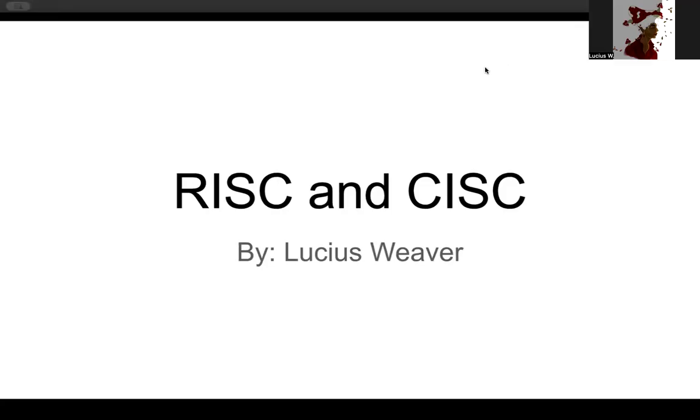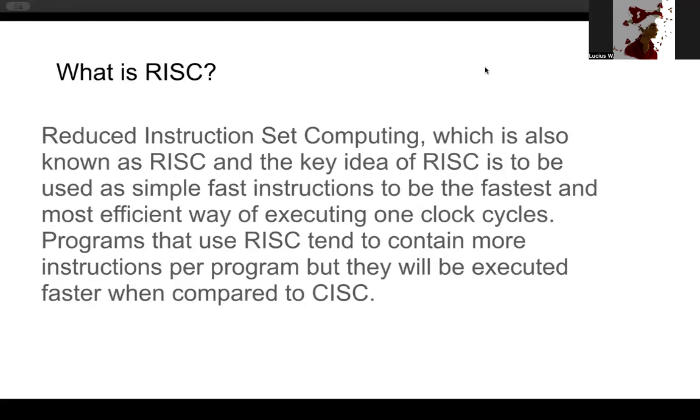So the chapter I chose was talking about RISC and CISC computing. For an overview, RISC stands for Reduced Instruction Set Computing. The key idea of RISC is to make instructions simple and more efficient. Programs that use RISC usually contain more instructions per program, but they will be executed way faster than a program